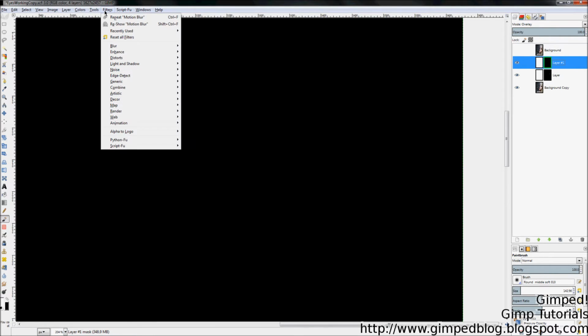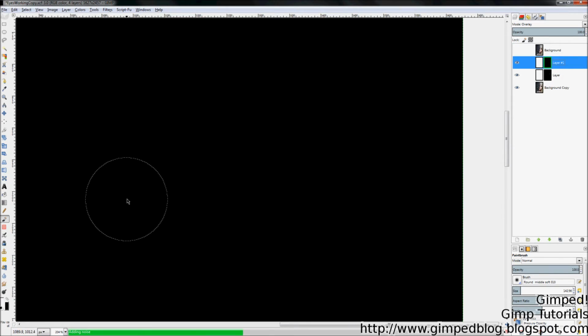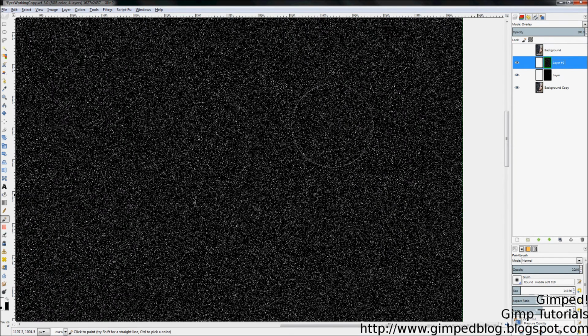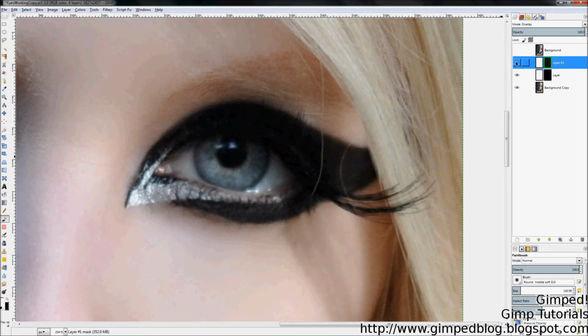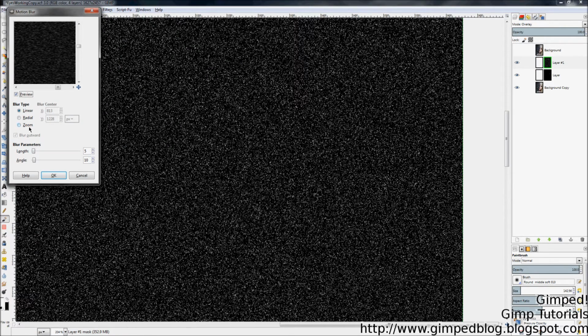So then click filters, noise, RGB noise, and just set the gray somewhere in the middle, maybe 1/2, and click OK. What it'll do is add random pixels of white, gray, and black into this image. So then just click filters, blur, motion blur,